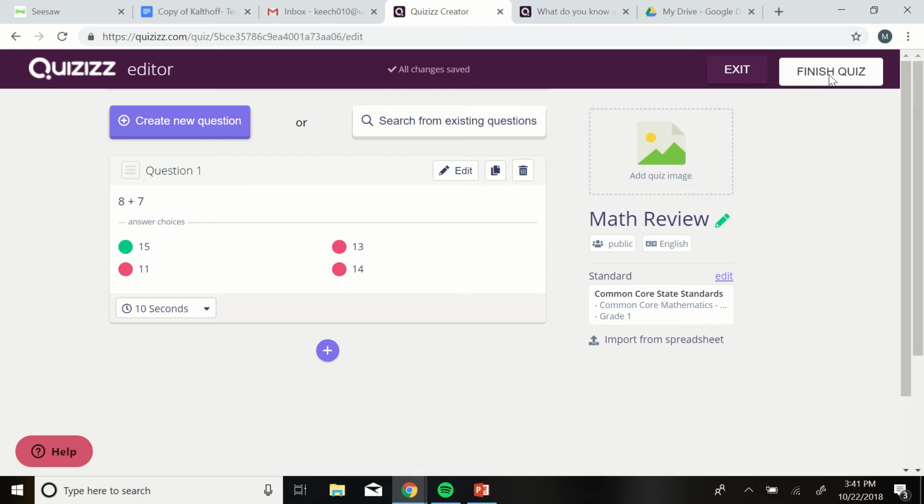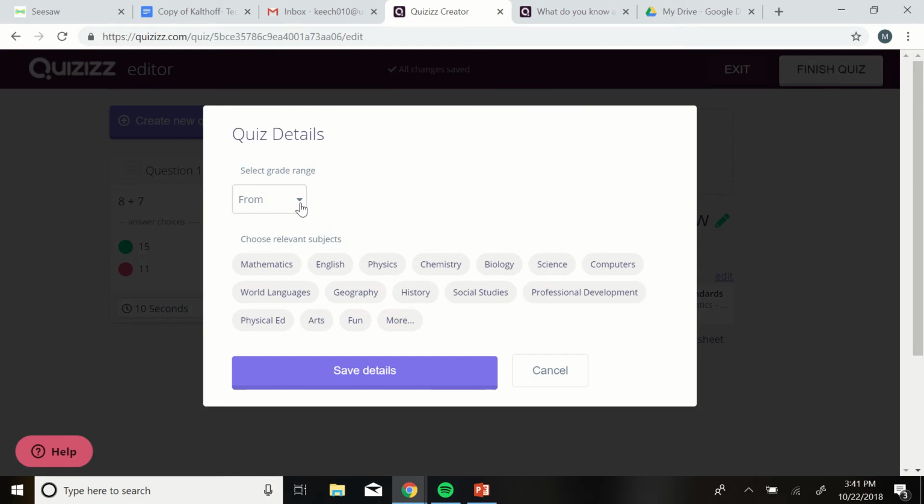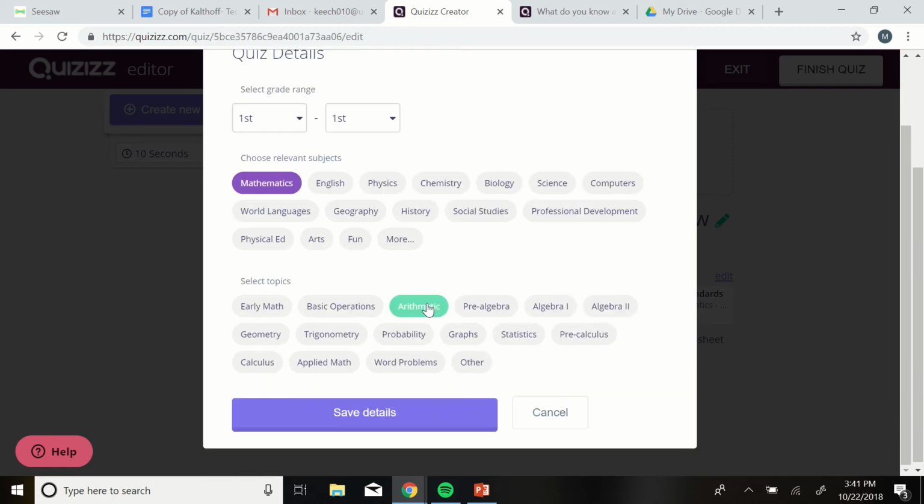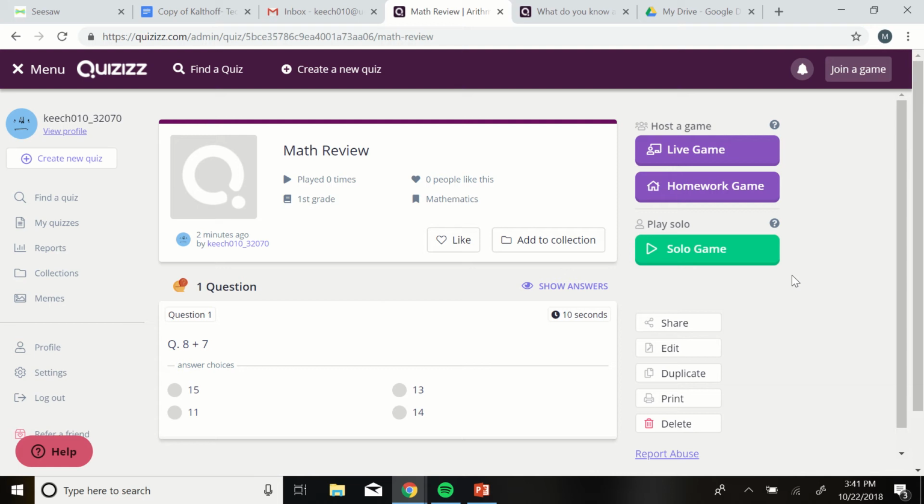So then once you're done, you just press finish quiz, from first grade math, whatever, and then that helps other people to find your quiz too if they want to use it. If you make it public, you can also make it private if you don't want other people to be able to use it, which is fine too. So over here